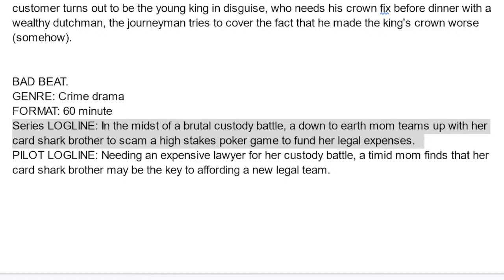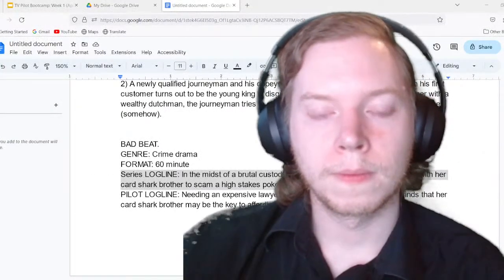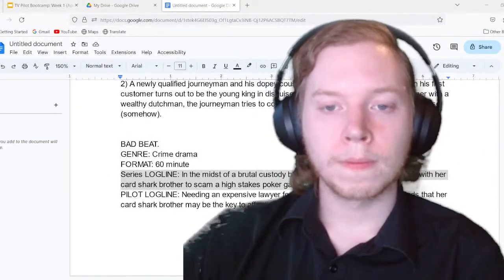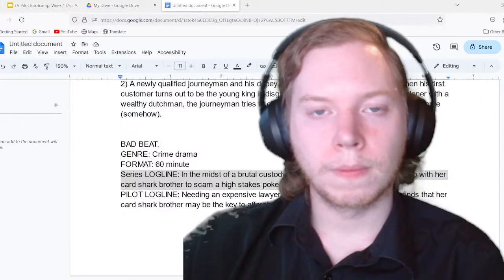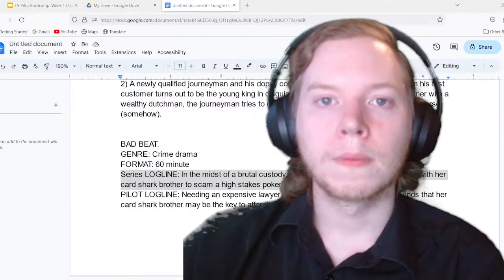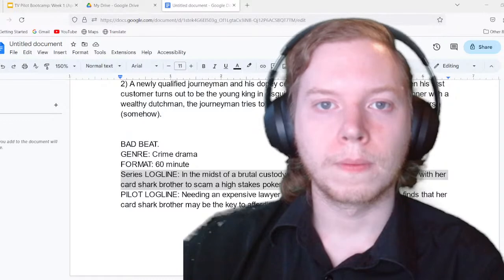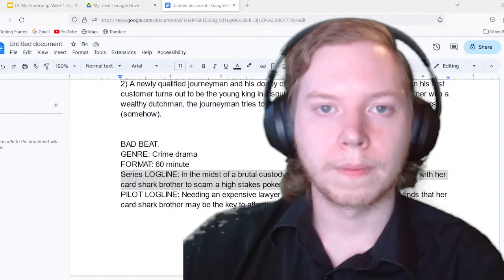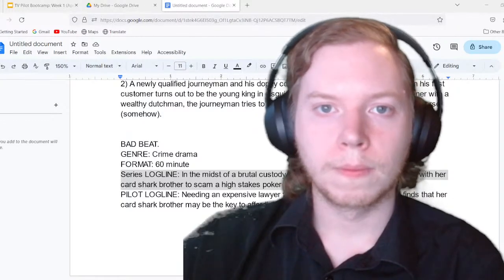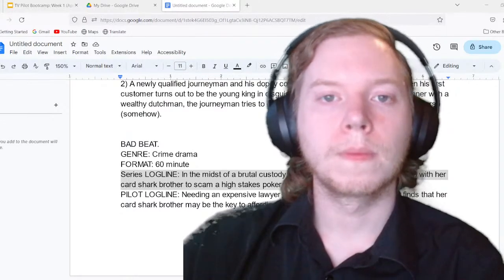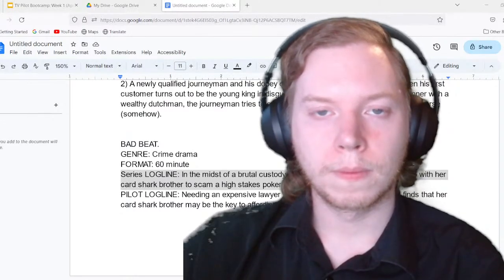She only has access to these really shitty lawyers who fuck up the custody battle. Her ex-husband is extremely rich and has the best legal team, and so she realizes she needs to get an extremely expensive legal team. She finds one who basically wants $400,000 up front. So that's kind of the baseline of what she needs to get this going, is to get $400,000. And